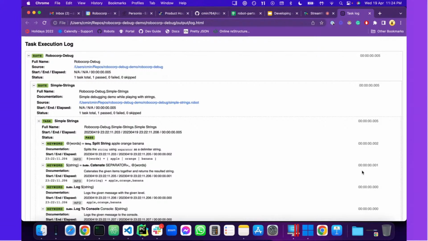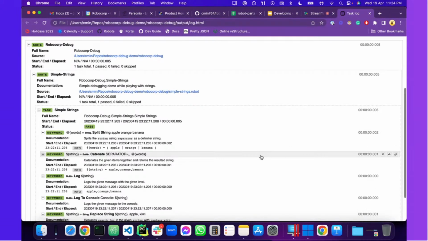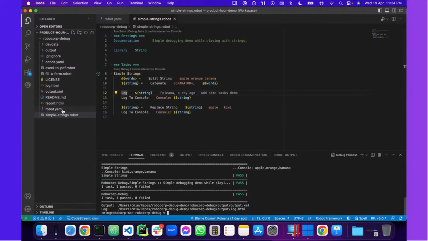Maybe I forgot to sleep inside, maybe the algorithm is not optimal. So these are pretty useful here. And of course, when you have an error, this log will expand directly to that error. So we'll see where it comes from. And if that's not sufficient, let's say you want more details, right in the robot YAML file where you configure